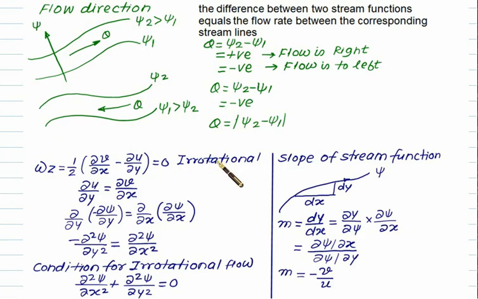As far as omega z is considered, we know that omega z is given by 1 by 2 (del v by del x minus del u by del y), which equals 0 in the case of irrotational flow. So we have del u by del y equal to del v by del x. In that case we can substitute for u as minus del psi by del y, and for v as del psi by del x. What you observe here is that minus del square psi by del y square equals del square psi by del x square.